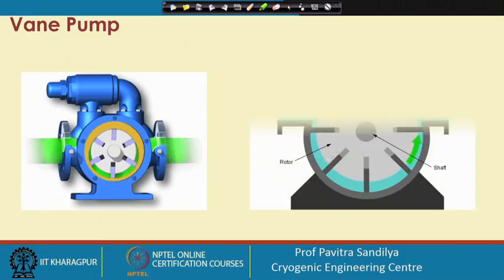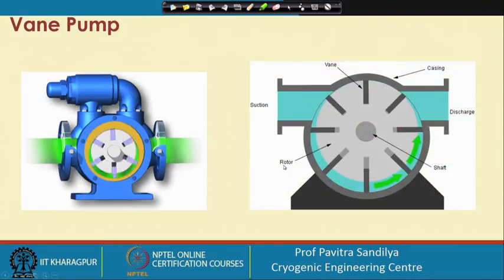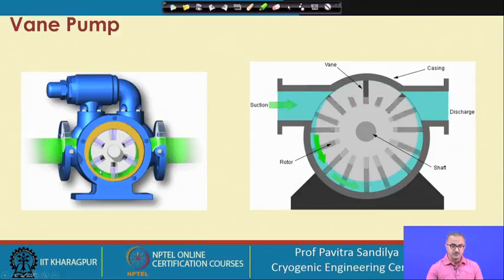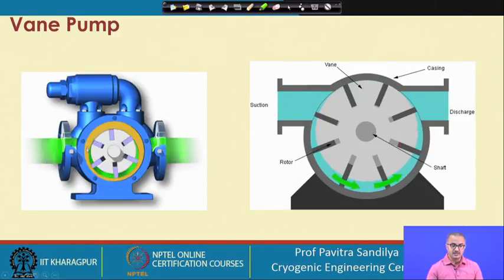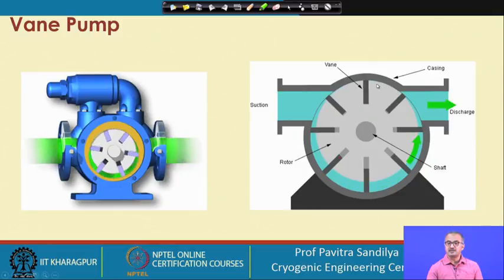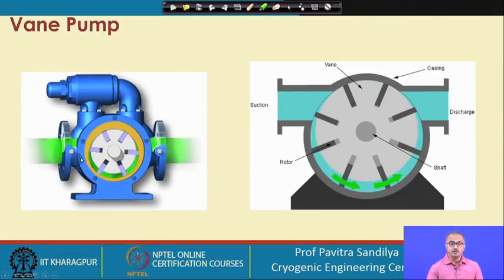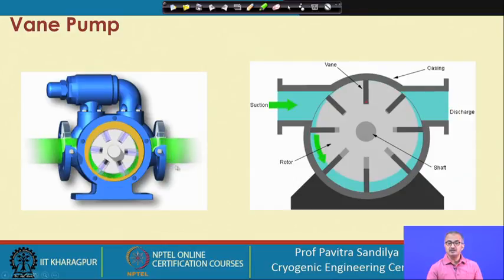Now here we find how these rotor pumps are working. We can see how the vanes are working. If you look at this figure, the vanes are coming out, and as soon as they go to the other side, they move inside. Similarly, in this figure also the vanes are out, and as soon as they go to the other side, they come inside, and the liquid is flowing only through this side. There is no liquid flowing from this side. So that is how we are able to get the pumping action in this kind of vane pump.